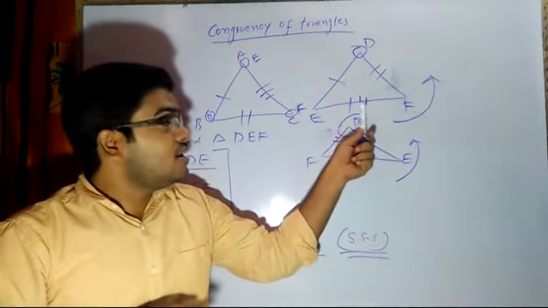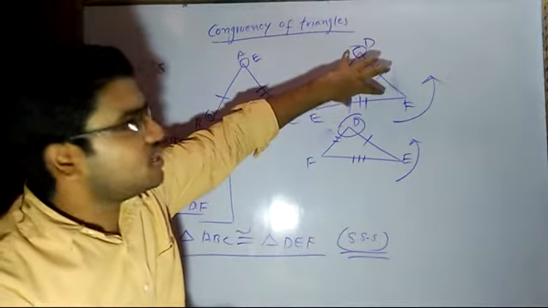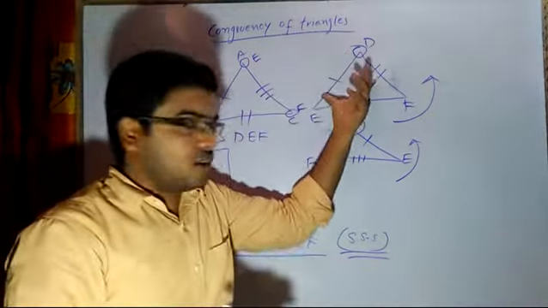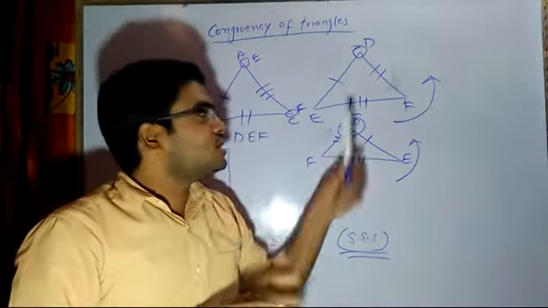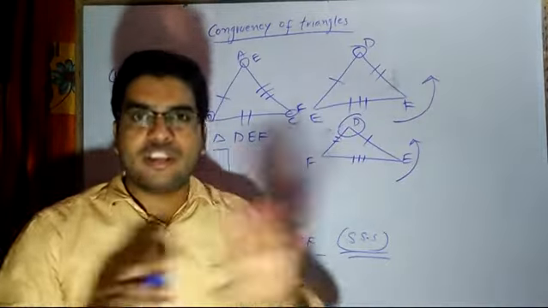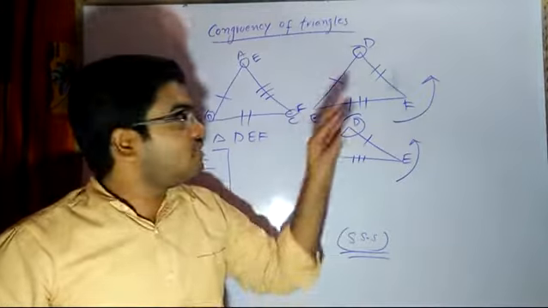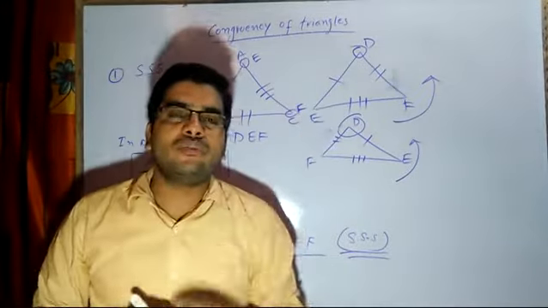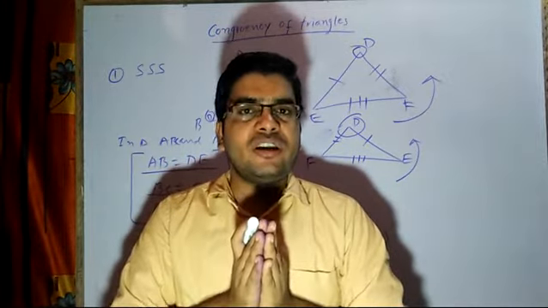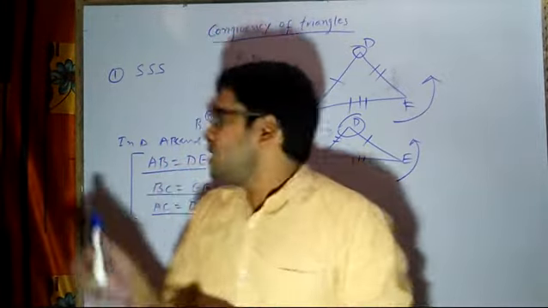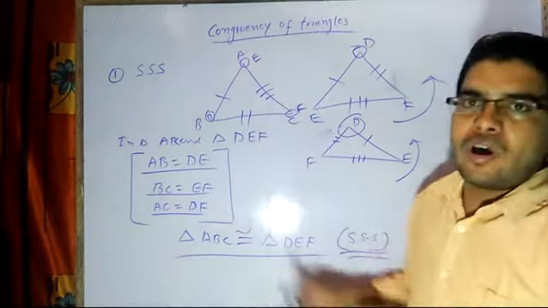Now, my dear students, I tried to make you understand the overlapping concept. That is why I was just twisting and rotating the figure, or even you can twist this figure and then try to understand. These two things are not given in your book. They will not explain it to you in that way. In none of the books will they explain it. They will only tell you the word overlapping, that these two figures should overlap on each other. They should coincide with each other. Their points B, D should coincide. They should overlap and all those things.